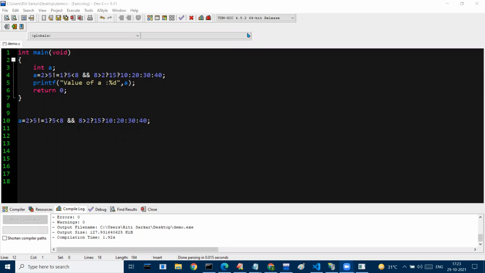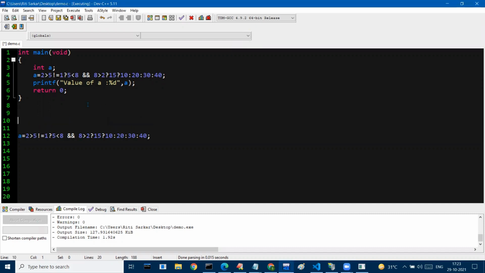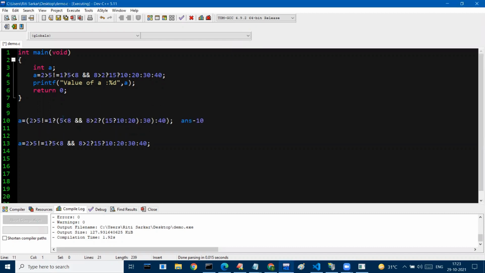Yes. So one student has given the answer. Let's see whether it is correct or not. Let's see, is it really this one or not? Then what we will do: first count how many conditional operators. 1, 2, 3. How many colons will be there? 3. Syntactically everything is okay.